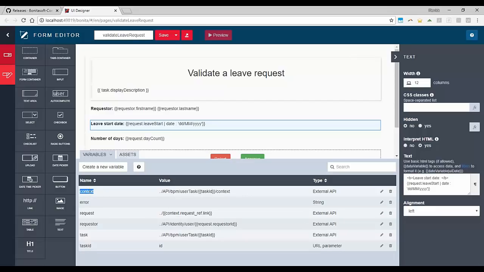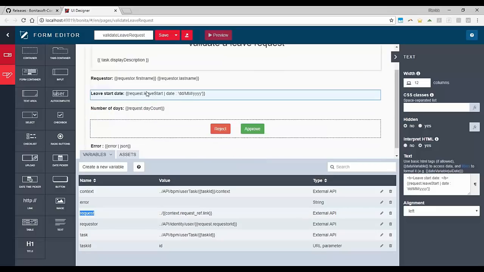From this context, because on my process I have a request variable, a business variable, I can get this link that is provided to me as a context, and then make a second REST API call to make sure that I have the request information as a business variable in my form. As soon as I have it in my form, I can leverage this information to show it directly in my widget. That's why I use this, for example, as information in the leave start date.